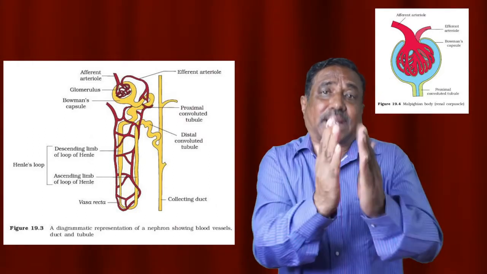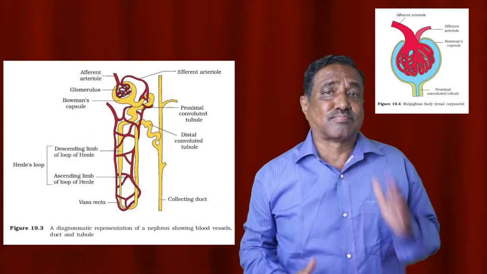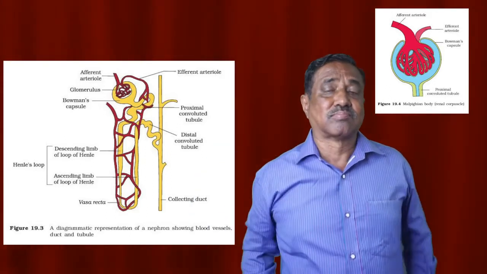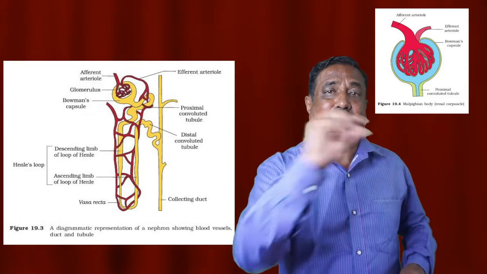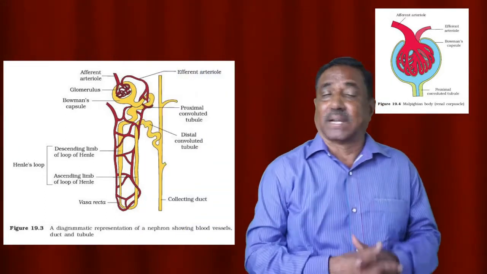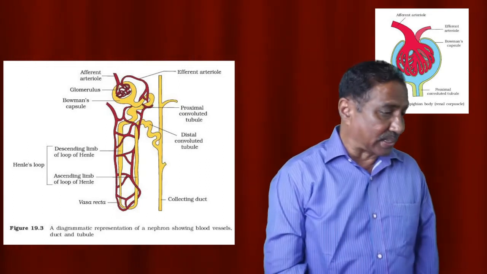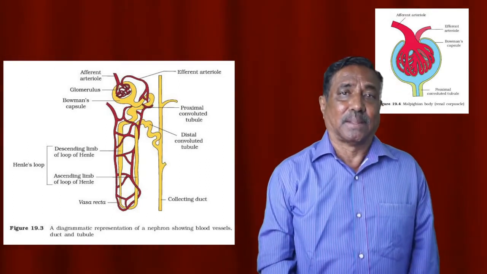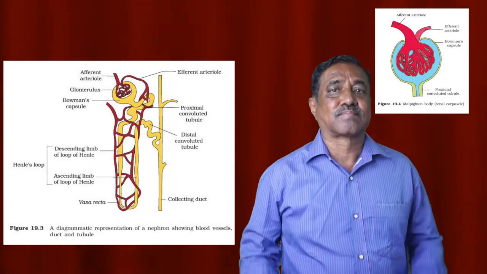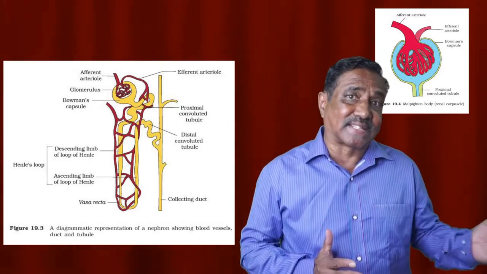A tuft of blood capillaries present in front of Bowman's capsule is called glomerulus. Afferent glomerular arteriole brings blood to the glomerulus, and the efferent takes away blood from the glomerulus. That is also very important. And there are two types of nephrons. There are cortical nephrons and